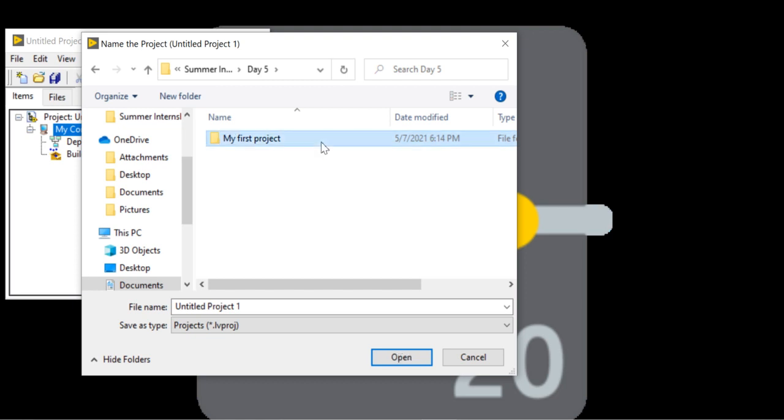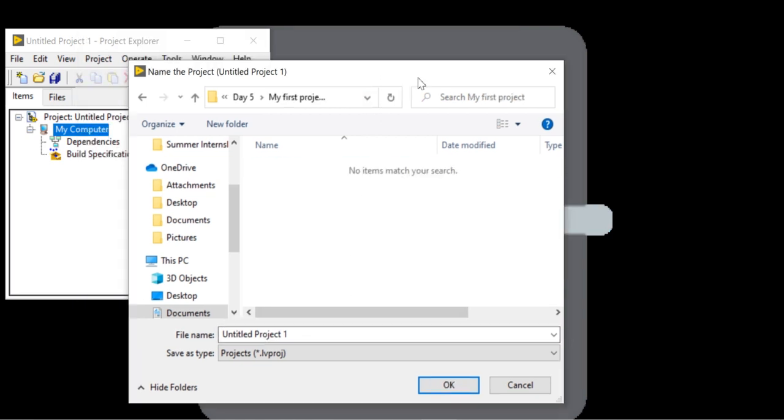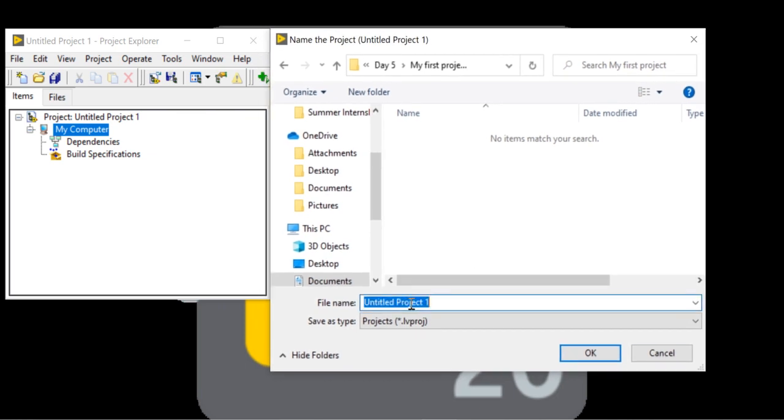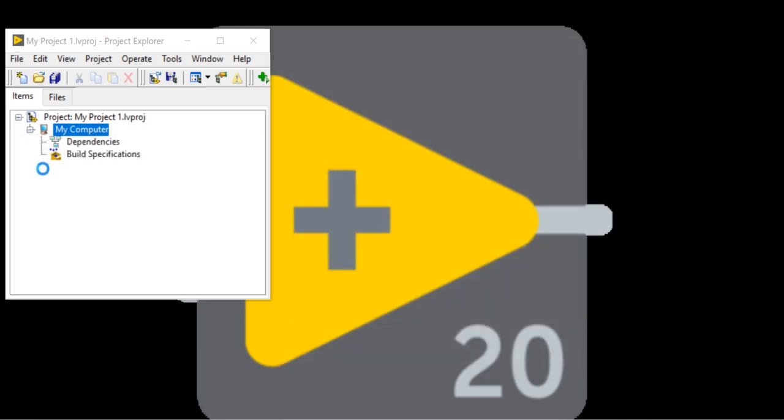Inside it, I am going to save this project with the name my project 1. You can see the name has been changed automatically to my project 1.